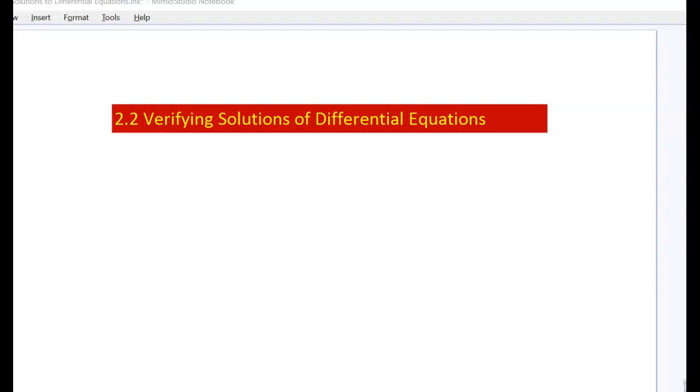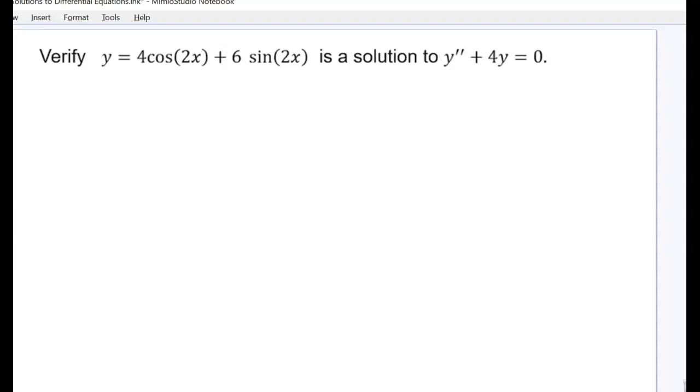In section 2.2, we're going to be verifying solutions of differential equations. Let's say we're asked to verify that this equation, y equals 4 cos 2x plus 6 sine 2x, is a solution to y double prime plus 4y equals 0. Well, note, we have y double prime here, so the first thing I'm going to do is take the second